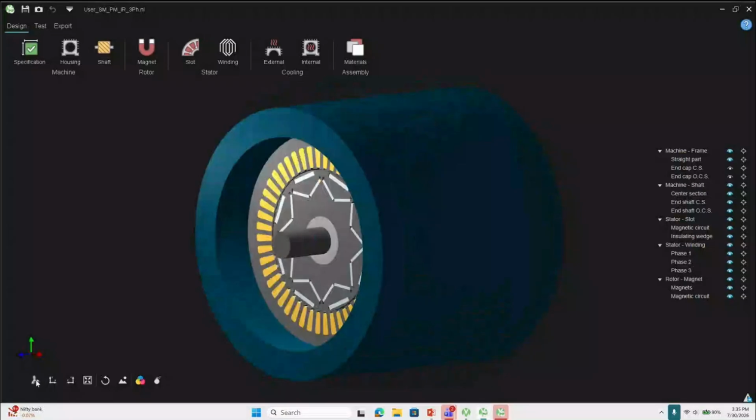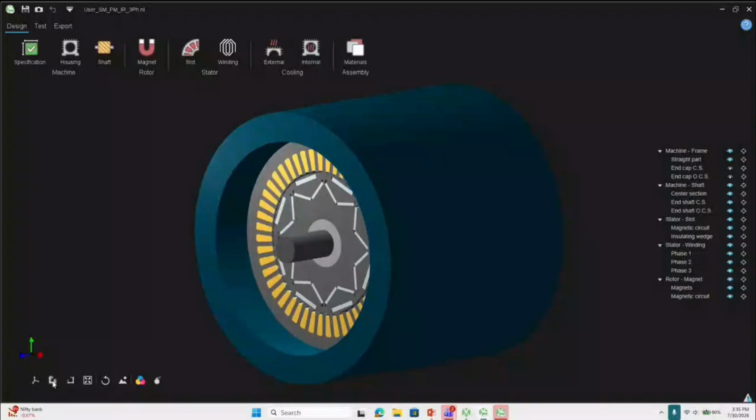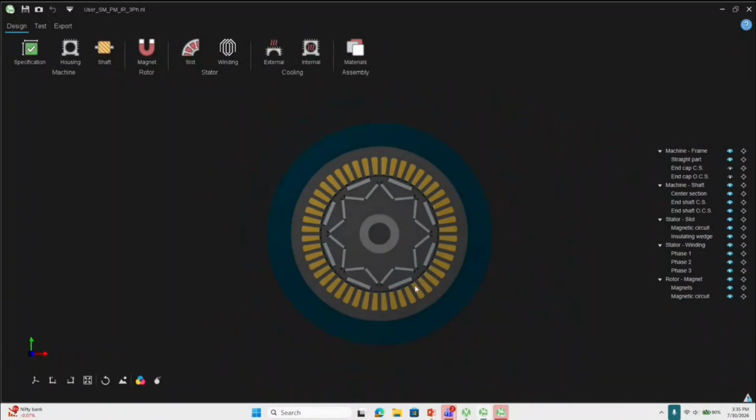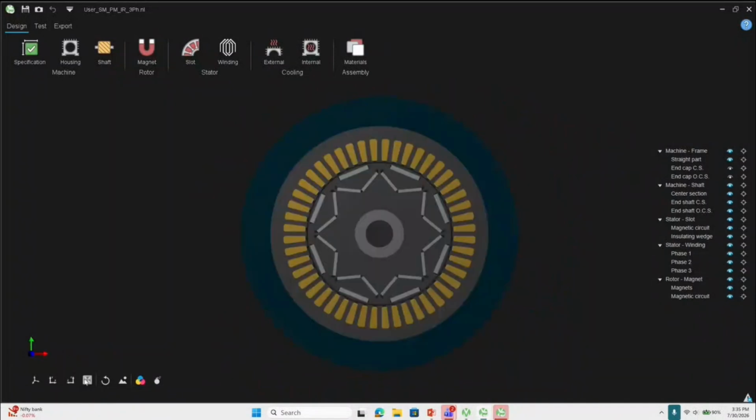You can just come here, hover your mouse over it. It will show exactly what each option does. Here you have the 3D view. If you want to see it from a 2D perspective, if you want to fit it to the screen, you can just click this, and there are many more options. If you just want to reset it to the original view,